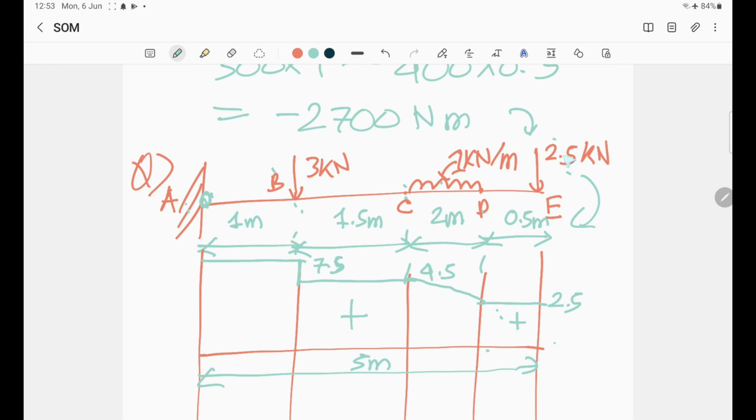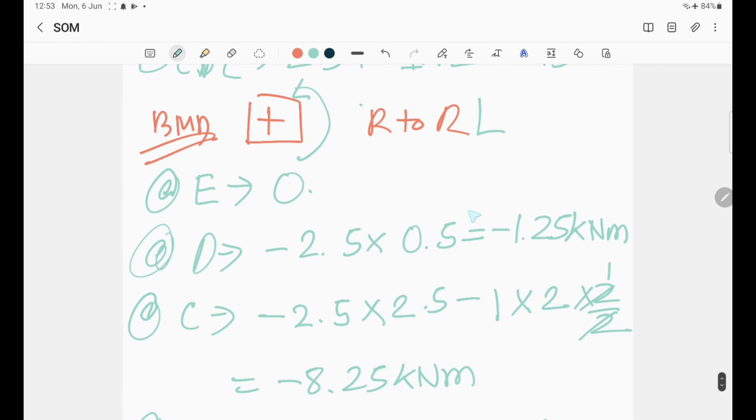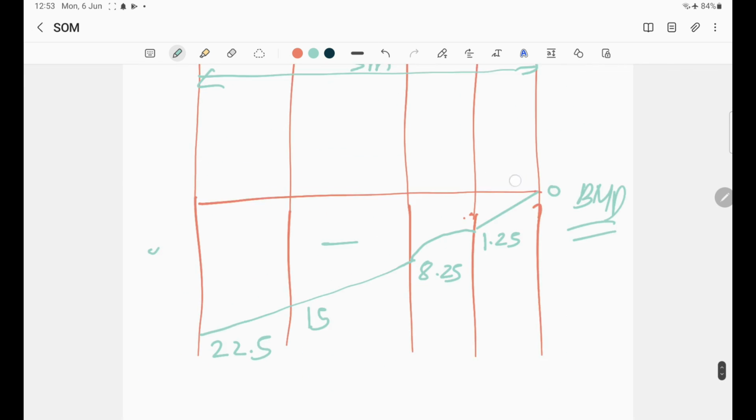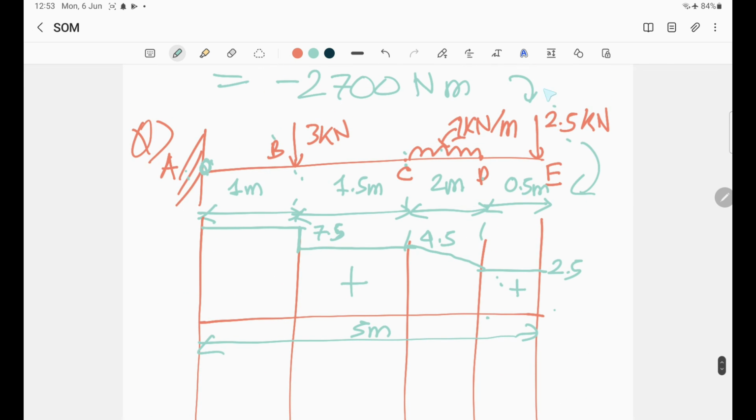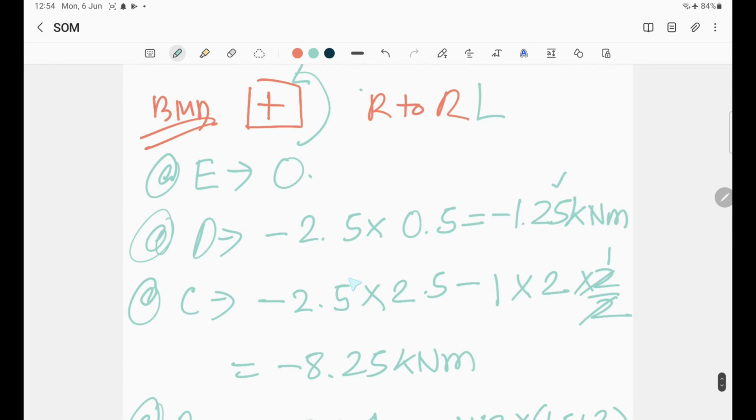At D, the bending moment will be minus 2.5 into 0.5, which is what I have written here, which gives you minus 1.25 kilonewton meter. Now at C, it is the next point, it will be interesting. The bending moment will be minus 2.5 into 2 plus 0.5, that is 2.5, and minus 1 into 2, which is the load, and the distance from C. What is the distance from C? Since you are finding the bending moment at C, the distance from C will be 2 by 2, that is 1. So we have written here minus 2.5 into 2.5 minus 1 into 2 by 2,